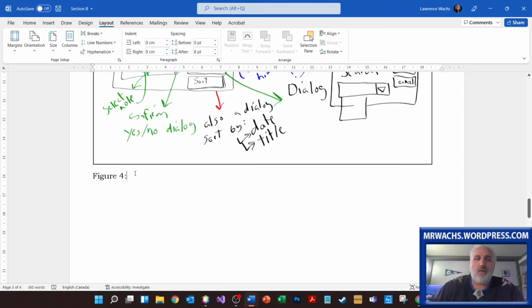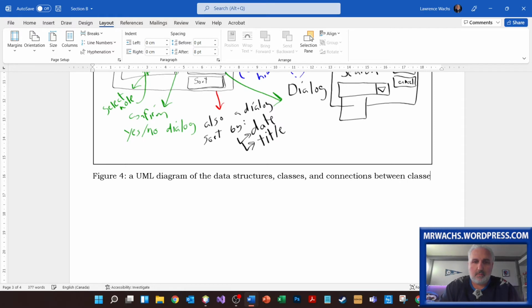In figure 4, this is not a user interface. This is a UML diagram that I was talking about. This is going to come in very handy today. It's a diagram of the data structures, like what stores the data, the classes, the connections between those classes, including